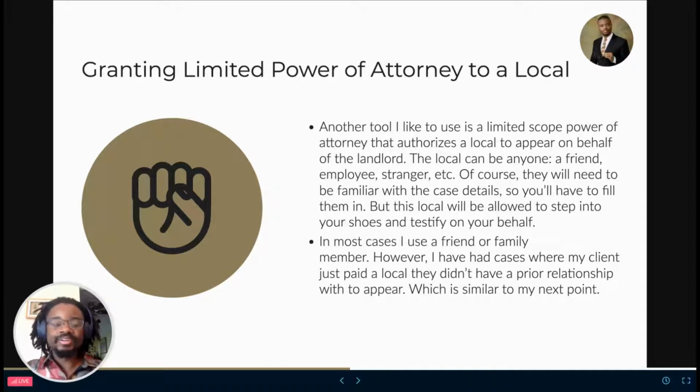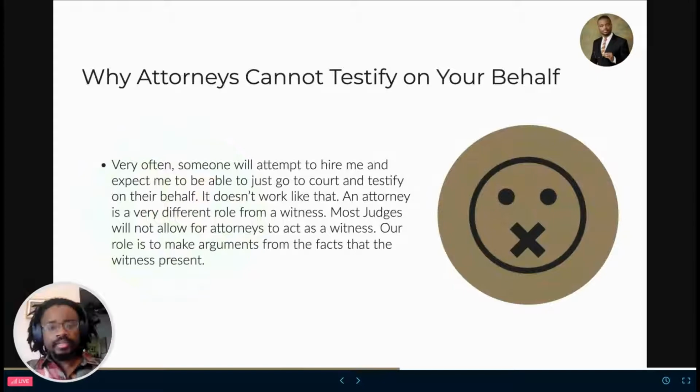I'm like, hey, you want to get paid? This person is going to pay you to show up to court and testify, to be their local power of attorney. And they went and did it. And of course, they were landlords already. So I think I've used them as a witness before in one of their own cases. So they knew what to do. So they got paid. I got the job done for my other client. Everybody won. So again, that is the power of a limited power of attorney.